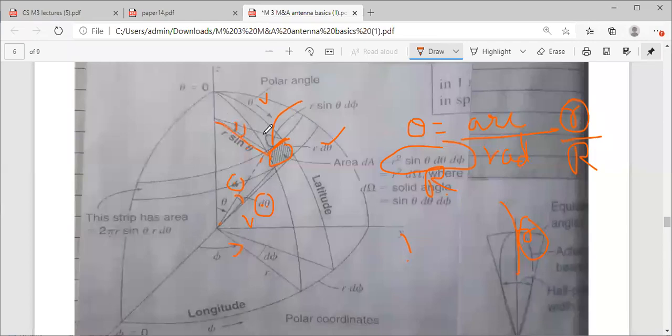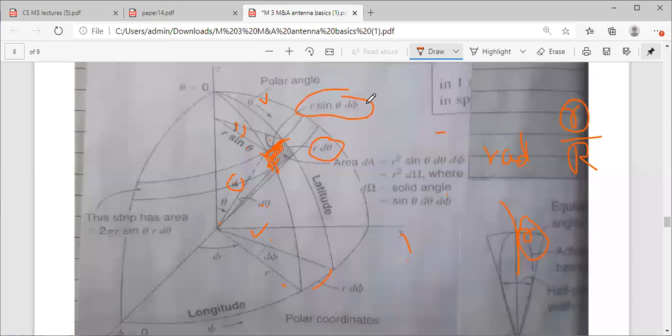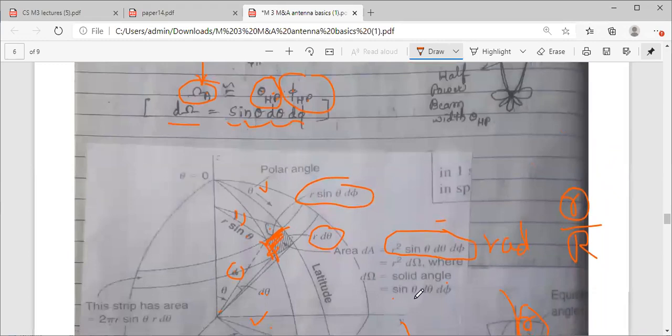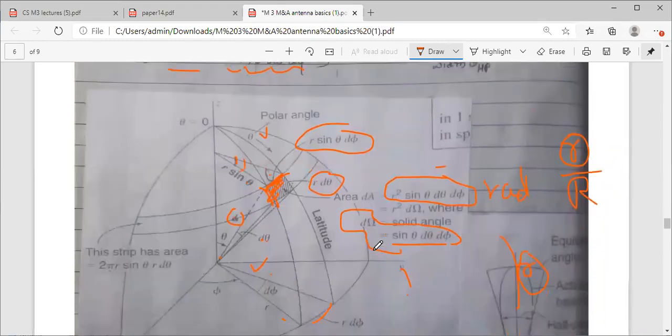Coming to this section, its projection is down; the radius remains the same, r throughout, so r into d phi is the arc. If you multiply this arc by r sin theta, you get r sin theta into d phi. So what is the shaded part's total area? You have to multiply the length and breadth: r d theta and r sin theta d phi. If I multiply these two, I will get r square sin theta d theta d phi. Out of this, sin theta d theta d phi is d omega. So you can write it in short.